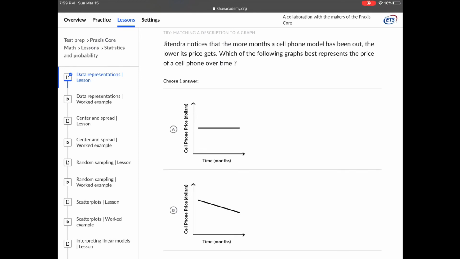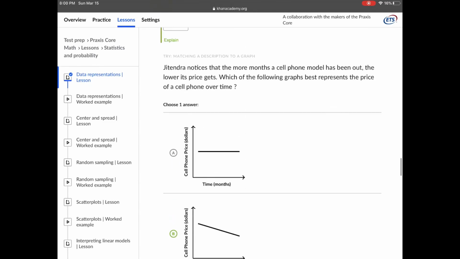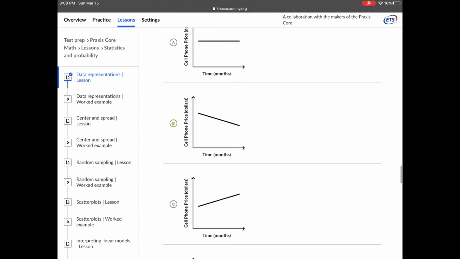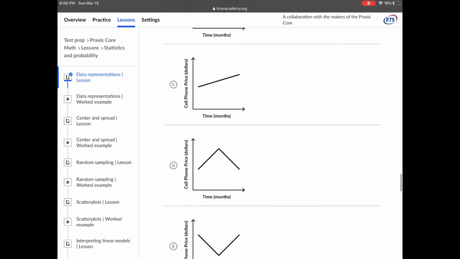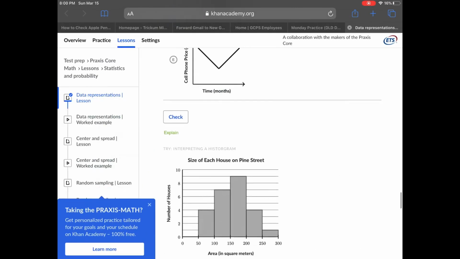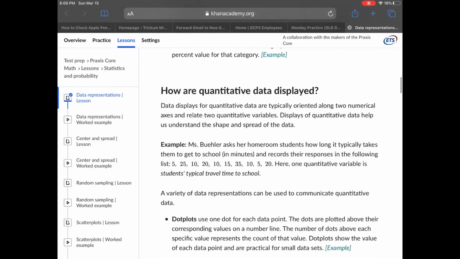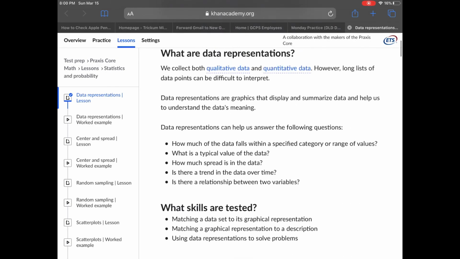Student notices that the more months that a cell phone model has been out, the lower its price gets. Which one of these graphs would best represent that cell phone over time? Notice we're talking about time, and it's using line graphs. Which one seems to show that it's going to decrease over time? I think it wants us to look for a negative slope, guys. So just go through these, and there's only 4 questions. It shouldn't take too long. And when you're finished with these, you can go to the last portion on